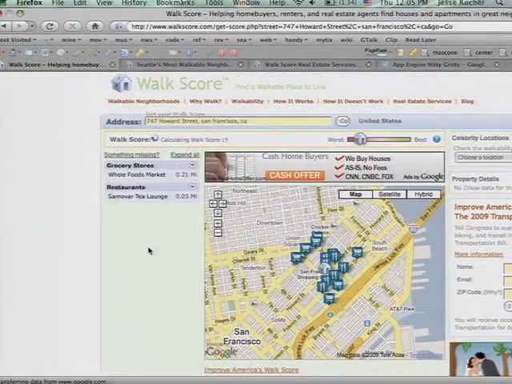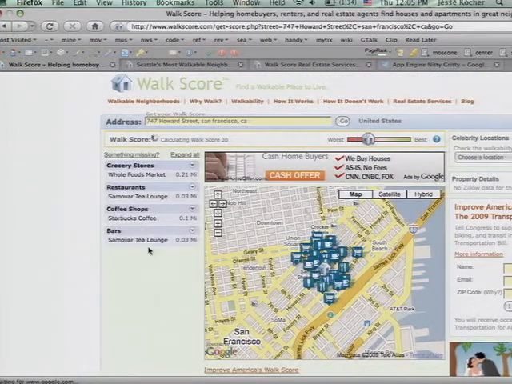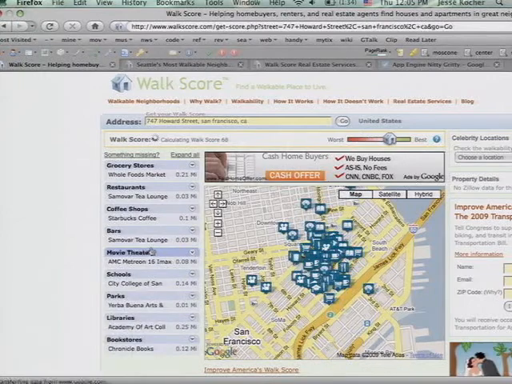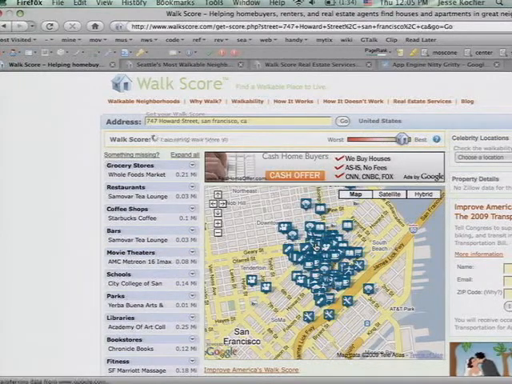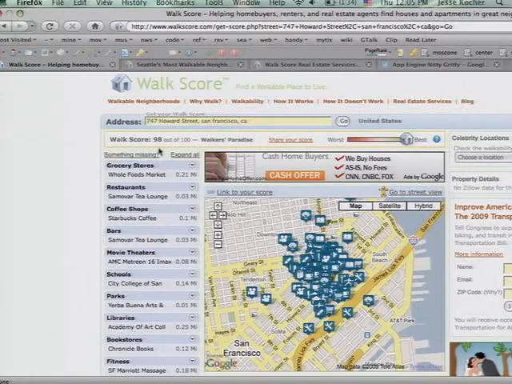My monitor also seems to be a little bit confused about what size it is, so sorry that it's off-center here. As these searches complete, it pulls up a bunch of amenities in the neighborhood, and it calculates this score up here at the top from 0 to 100 of how walkable that neighborhood is. There's a ton of stuff around here. You can do a lot of things without getting in a car, so you get a very high score, 98